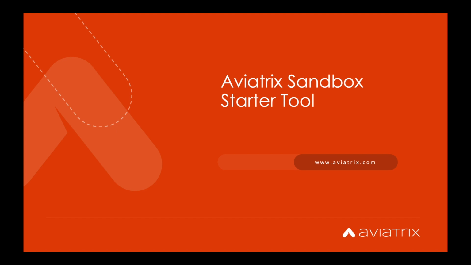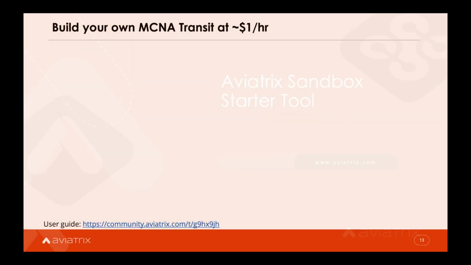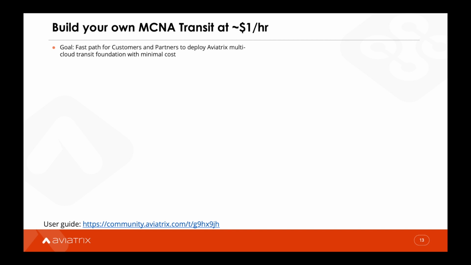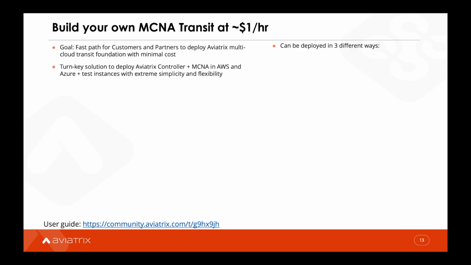How can you build a multi-cloud network architecture easily, quickly, and at a low cost? The answer lies with the Aviatrix Sandbox Starter Tool. The Sandbox Starter Tool, or SST, offers a fast path to deploying a multi-cloud transit at a very low cost. It's a turnkey solution to deploy a controller in AWS, a transit in AWS, and a transit in Azure, along with some test instances. You can deploy Sandbox Starter Tool in a Docker container, either in the cloud or locally